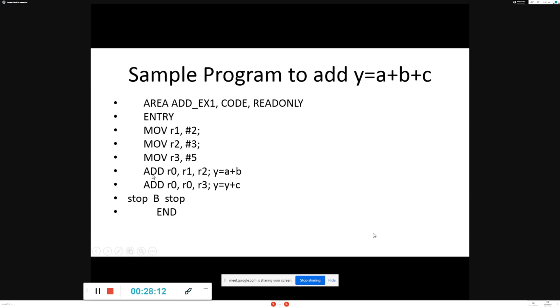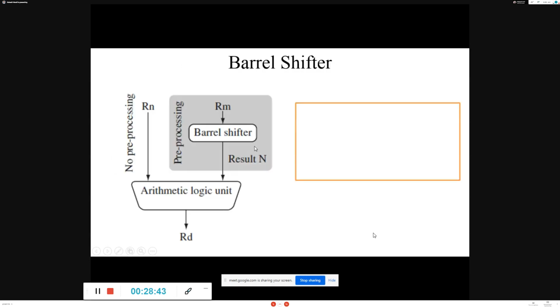Now I perform ADD R0, R1 and R2 so that I get A plus B. Then again ADD R0, where Y is once again taken and added with C, so R0 and R3, where the result is once again stored in R0. A very simple program. You can try this in your Keil software.